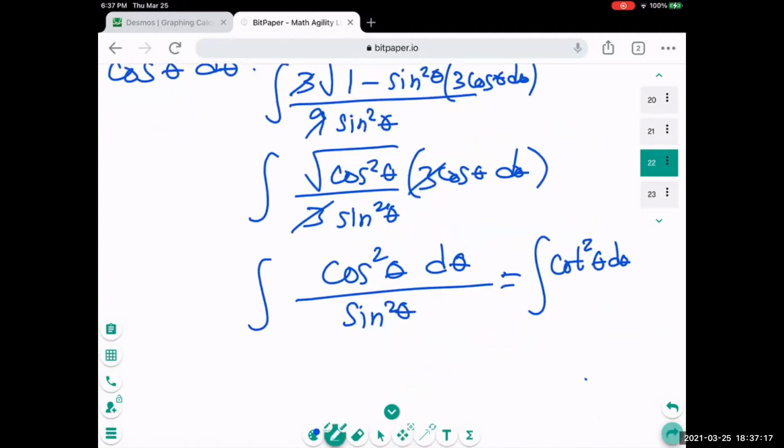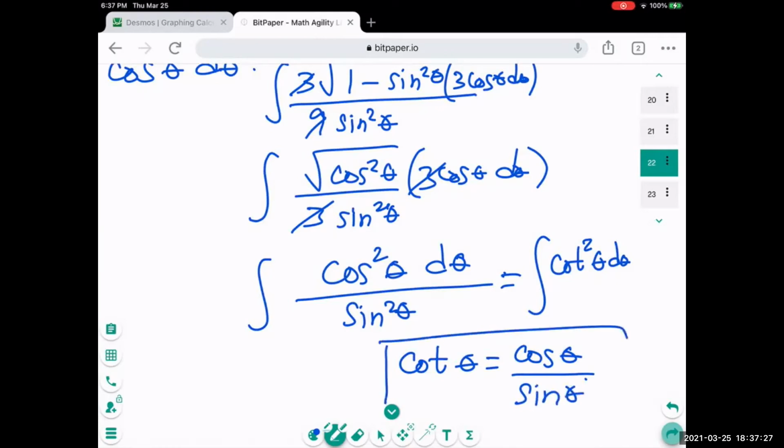Kasi ano ba yung cotangent theta natin? Cotangent theta is actually equal to cosine of theta over sine of theta. This is called a ratio identity dun sa ating trigonometry if you have that subject. Okay, so now we reduced our integrand to a single trigonometric function, which is cotangent squared. So if you look at the table of trigonometric identities, right? We can still further